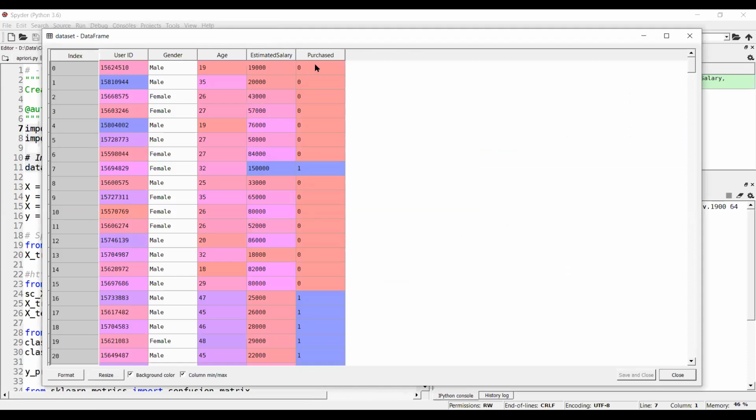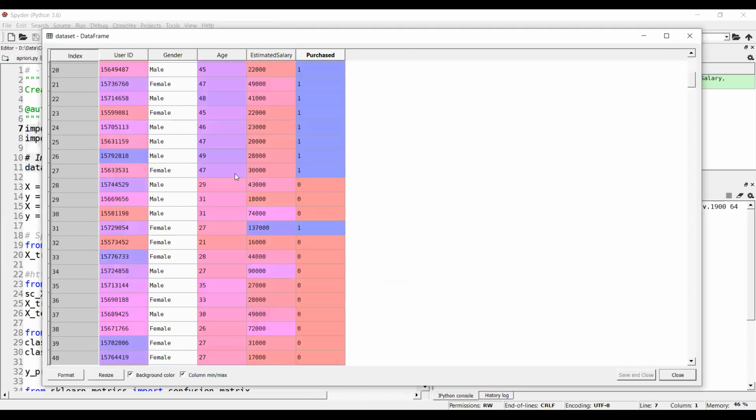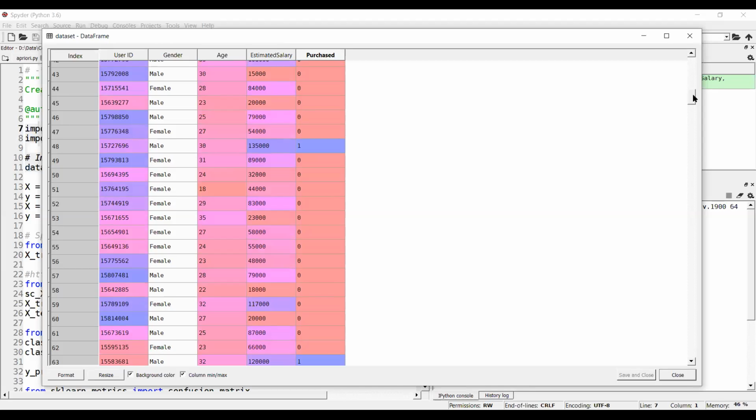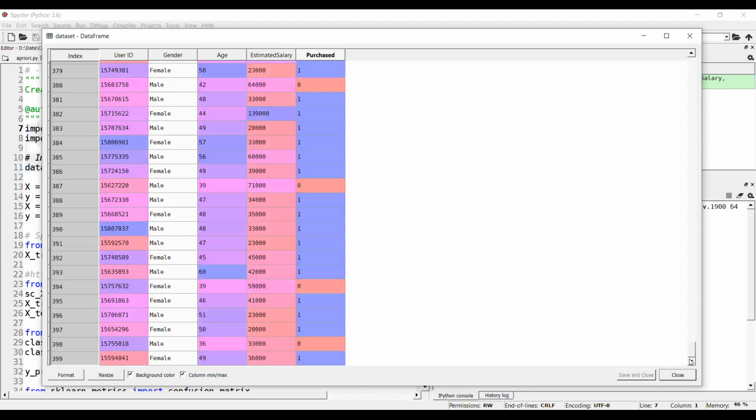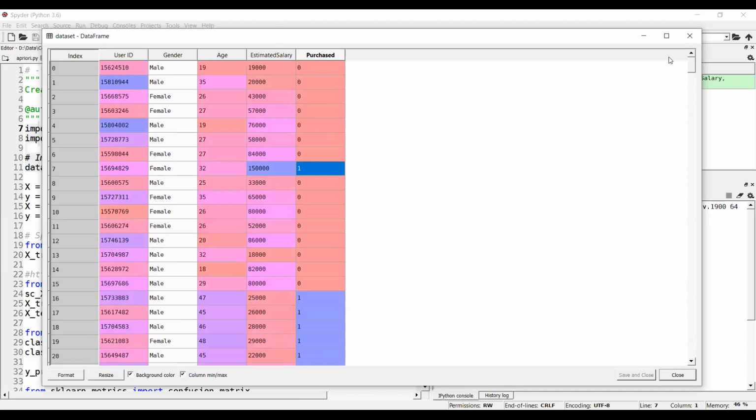So here you can see that it is nothing but your social media data set, where you have details about a person, whether they are going to purchase a particular car or not. So 0 says they are not going to buy, and 1 says they are going to buy. And there are some values like gender, age, and estimated salary. Okay, so this is our data set. We explained this data set in the last class for logistic regression, and in total we have around 400 readings.